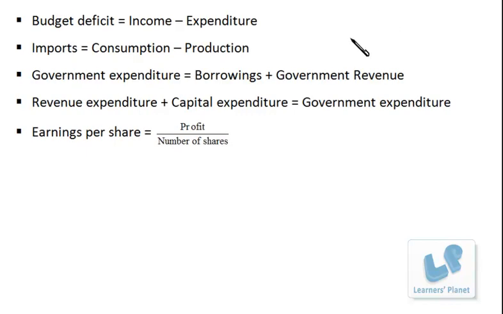Now next is budget deficit, that is income minus expenditure. Imports is equal to consumption minus production, right? Suppose our country is able to produce maybe 100 kilogram of wheat, and our consumption is maybe 120, then we have to definitely go for imports, right? And import is actually what? Consumption minus production. Suppose consumption is 120, production is 100, that means 20 part we have to import,